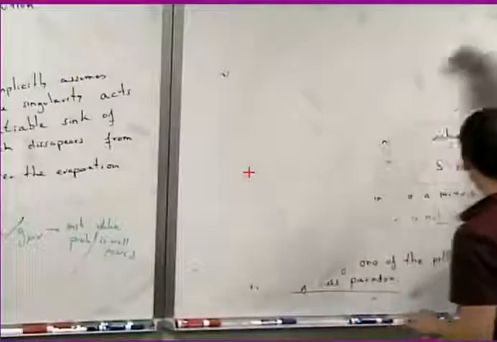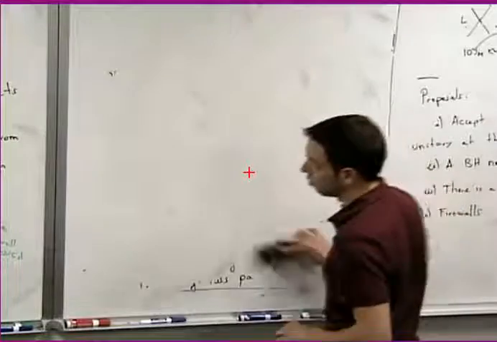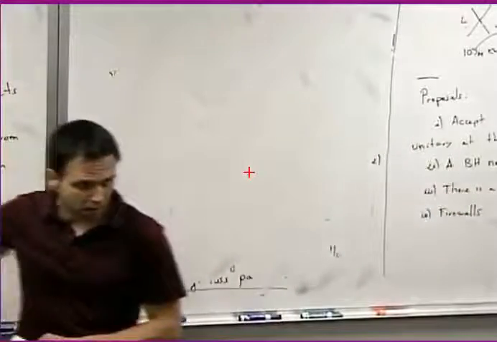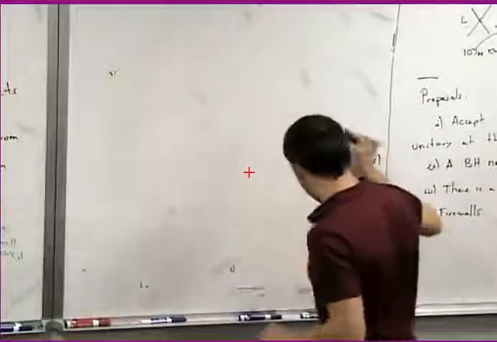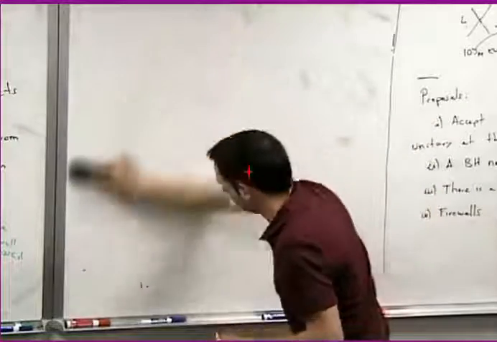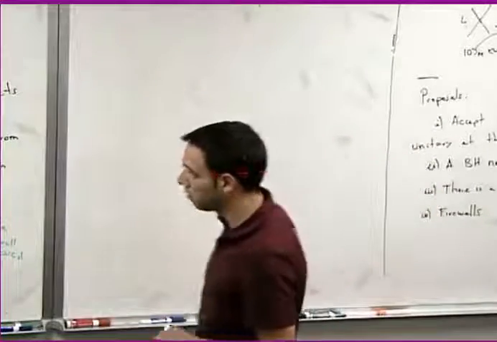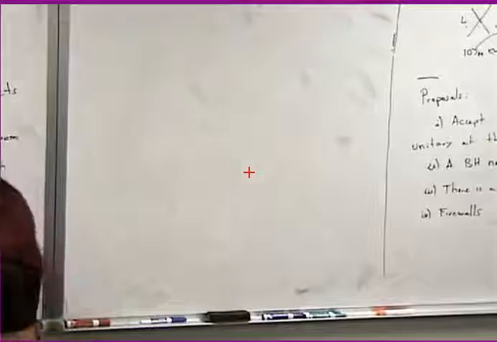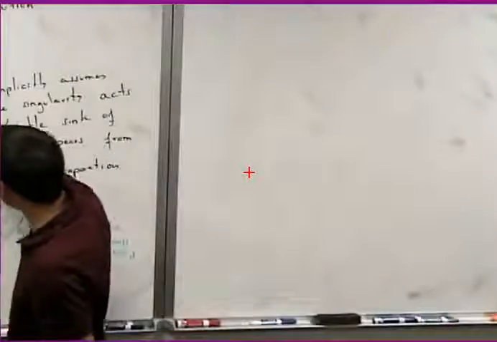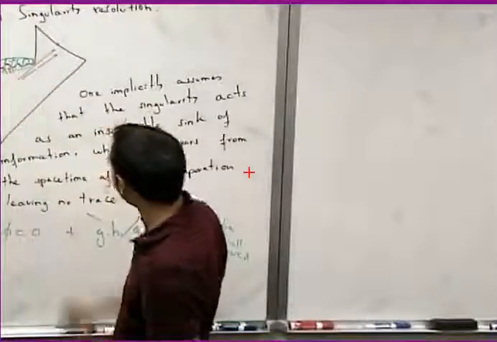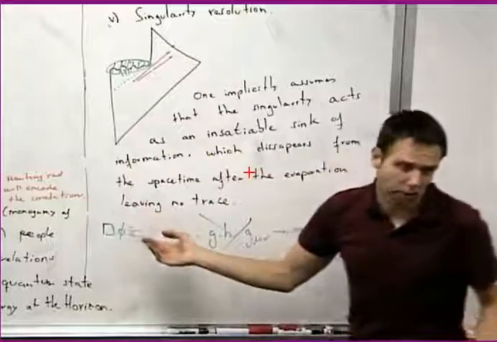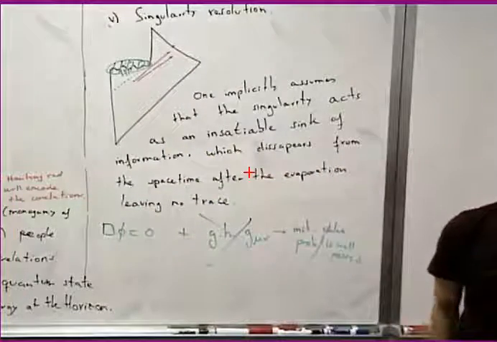If somebody asks me where I put the question mark, I would put the question mark in this space-time. I think this space-time has extremely strong assumptions about the singularity. Again, it's acting as a sink of information and then disappears completely. This is where the information loss paradox, in my opinion, arises.